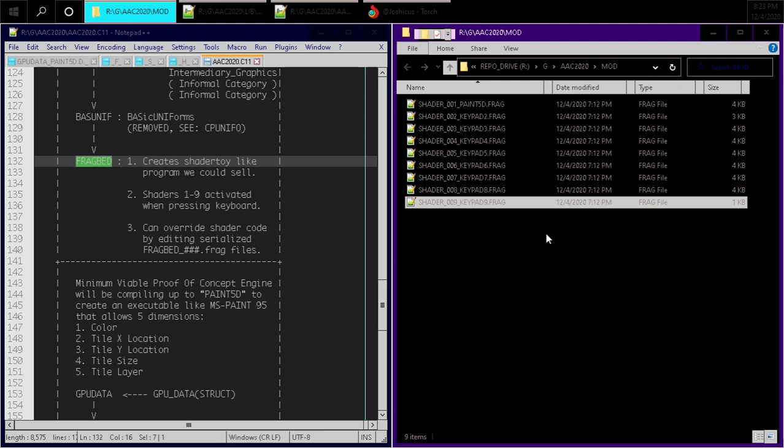But we're just going to grandfather in those 0 to 9 keys for these different editors, and once we have a game we can sell, we'll need some way to disable or override the number keys for the gameplay mode. But for now, until we actually have a good product going, we're going to just keep